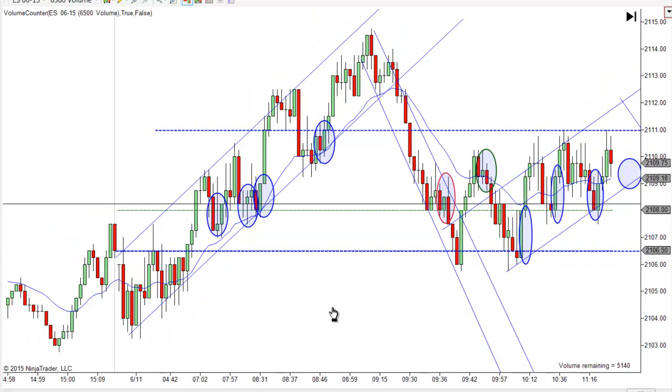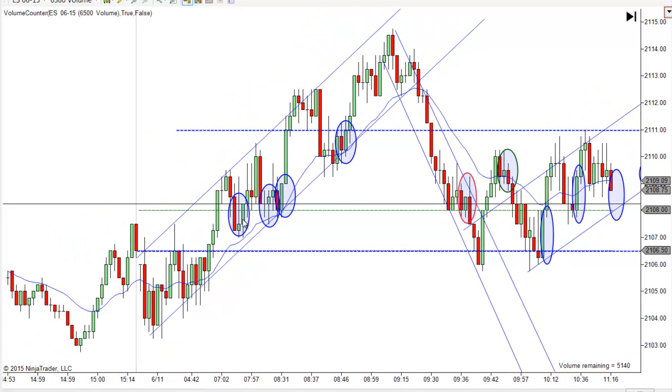First trade I saw was a second entry long right here. It's also a breakout pullback long. Notice that this is kind of flat and choppy looking, but there is a trend line working up. And we pull back, we get a first entry, pull back, and we get a nice bullish bar on a second entry there. Then it pulls back again. It bounces right off the trend line. This is a first entry, but